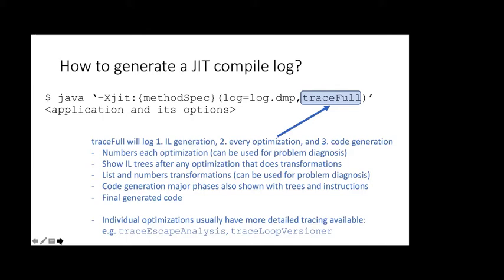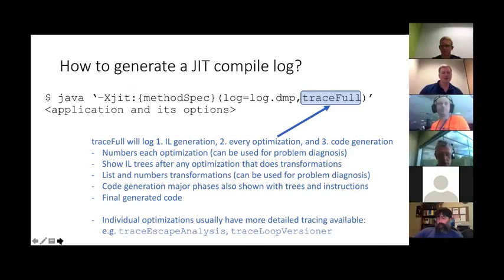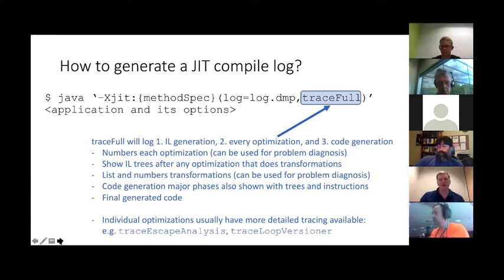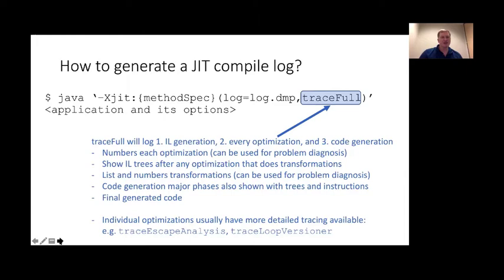So it has a thing called a mixed mode disassembly, which tries to link what the bytecodes are with all of the instructions that are being generated. And finally, that's kind of the starting point for tracing, but each individual optimization typically has more detailed tracing options available, which output even more detailed information about what's happening during a particular optimization pass. So the files that get generated using just this option, trace full, can be 100 megabytes just for a